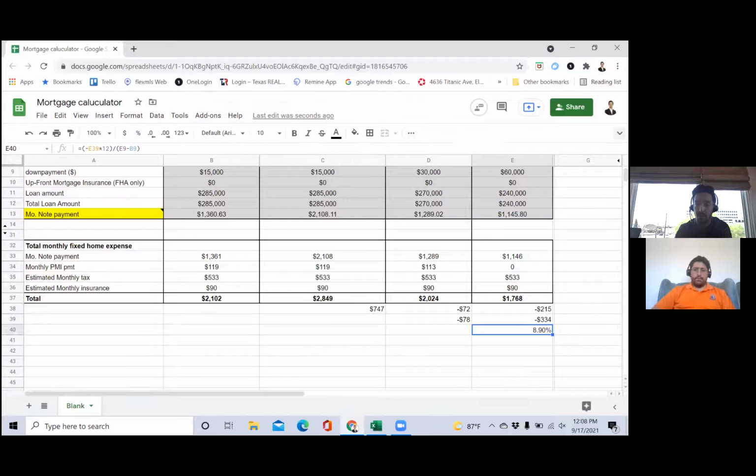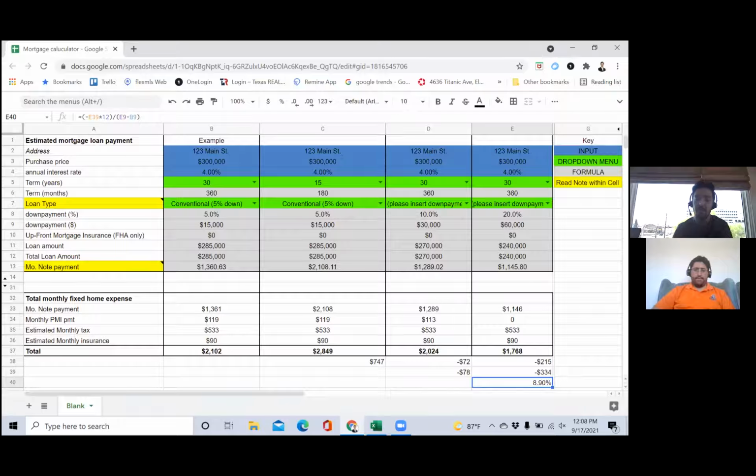There we go. Okay, so 8.9% return. I mean, it's a pretty good return if you think about it, but is that where you want to use the money? Or would you rather remodel your house or buy furniture or invest in the stock market? That's just something that's everybody's choice really. But fact of the matter is, here's the return on your investment if you were to